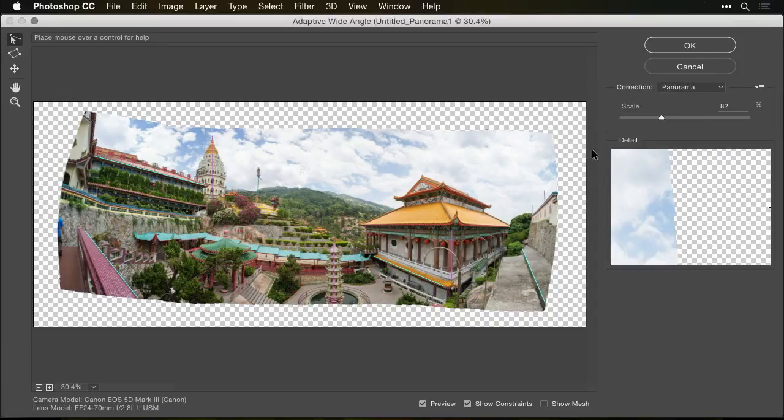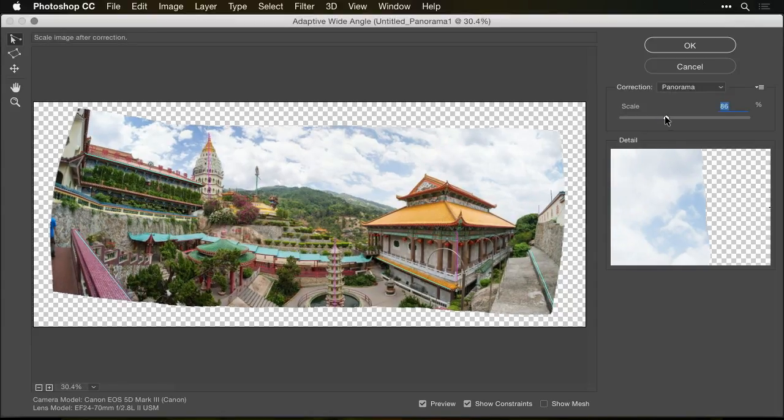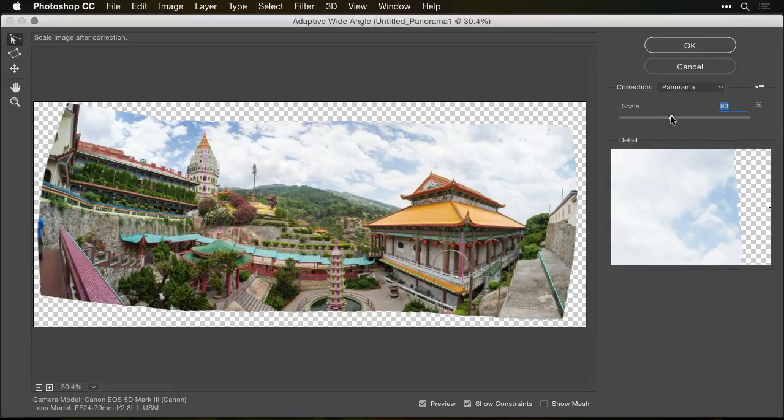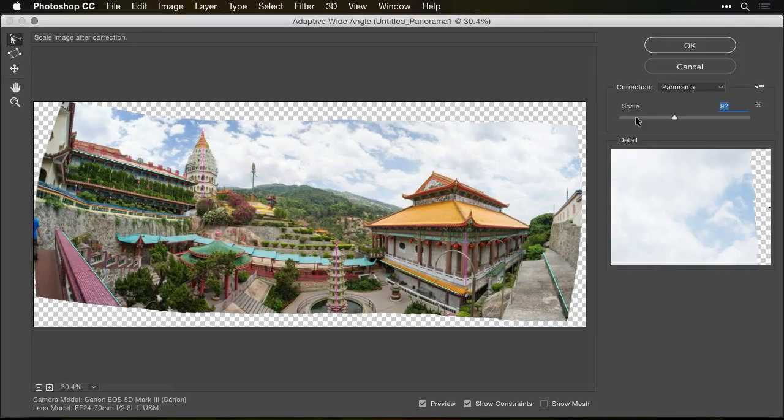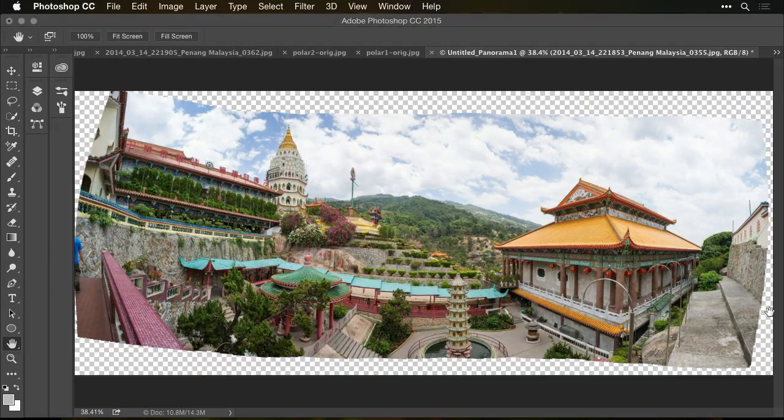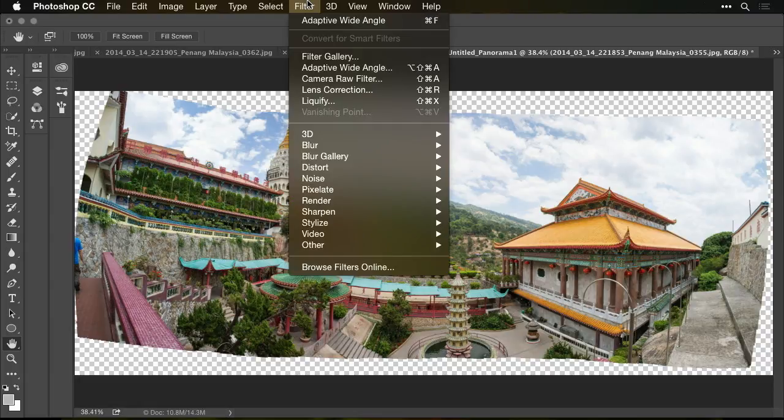When I'm done, I might adjust the scale again to get it close to filling the screen here. Do you see all the empty space that's around it that I don't need? Well, if I bring scale up, it'll bring that up. I'll get it close to filling the screen, maybe somewhere around there. And then I'm just going to click OK. And if I choose Undo, you'll see before and after. And there are many other areas I could have corrected. I probably should have done a little bit in the middle because it did bend a little bit in the middle there. And if I want to make further changes, I can go back up to the filter menu, or